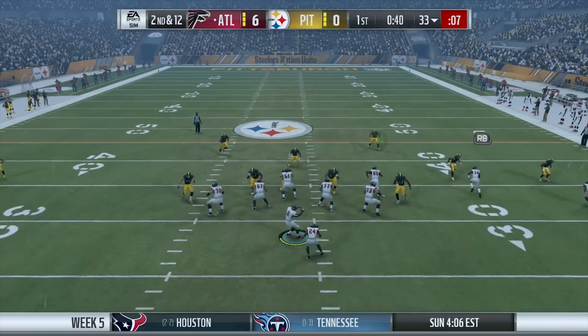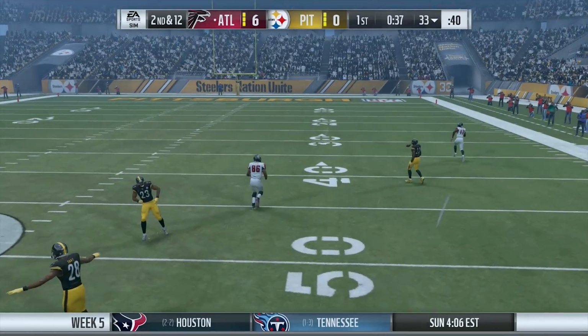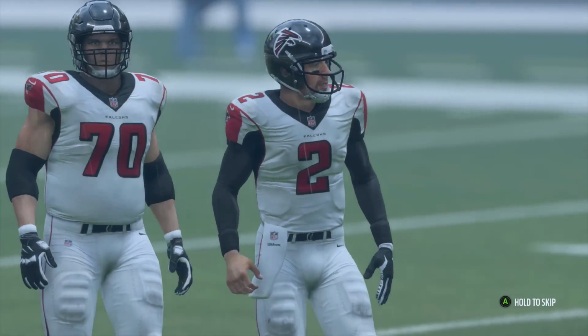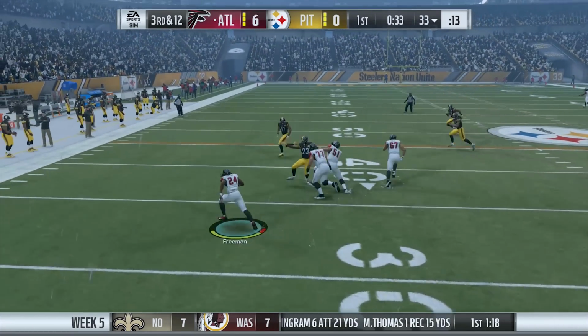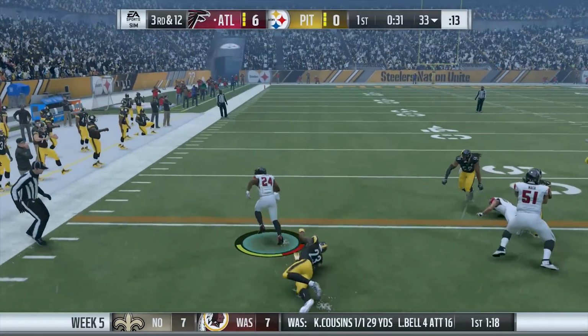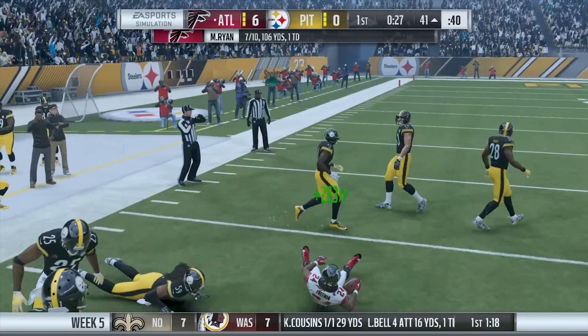So after the Neal interception, we pick up our next drive on 2nd and 12 from the 33. Ryan targets Blackman on the play, but as you guys just saw, there was all kinds of glitchery happening on that play, so it ends up being incomplete. So then we come back on 3rd and long, going with the screen pass to Freeman. He jukes a defender, breaks a tackle, spins and jukes another defender, and he takes it all the way down